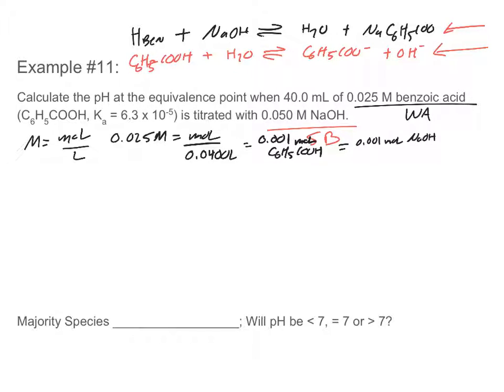Now, the thing is that now that we know the buffer system, in order for us to calculate the pH, we have to figure out the concentration of the base here. So we know the concentration of the benzoic acid, but we really need to figure out the concentration of the conjugate base. So I'm going to flip that buffer system for a second. I'm going to rewrite the buffer system to be